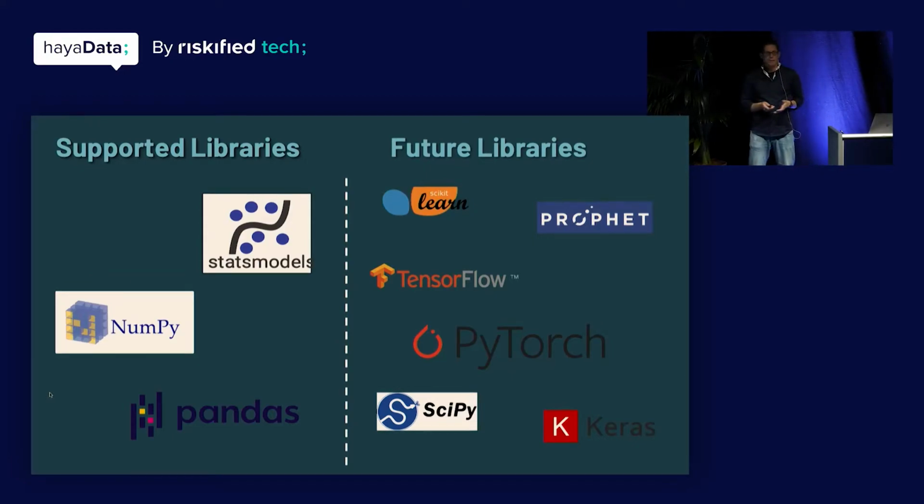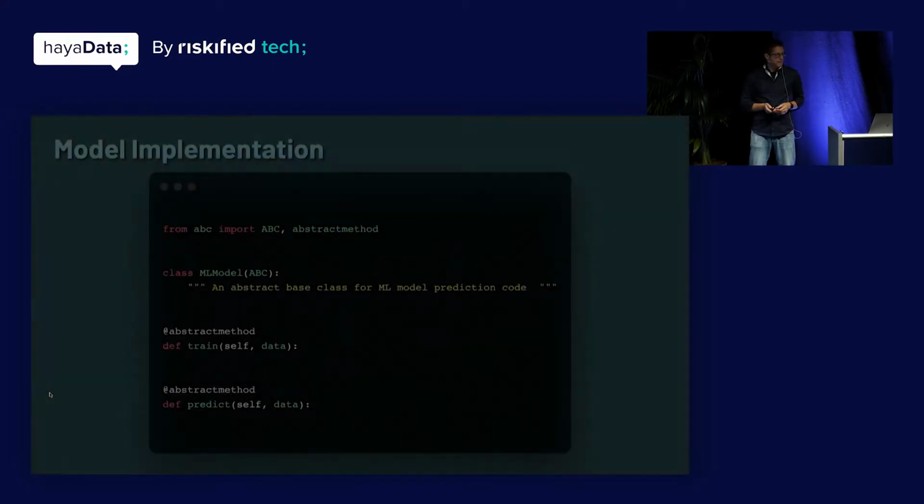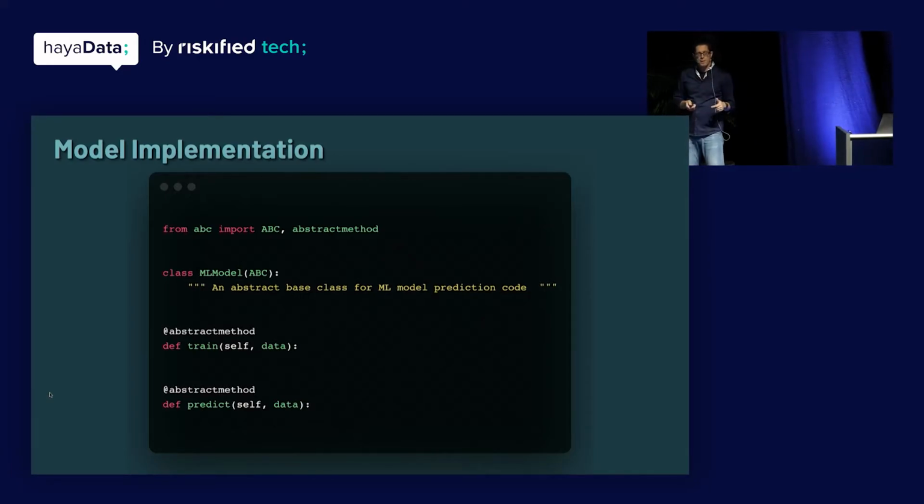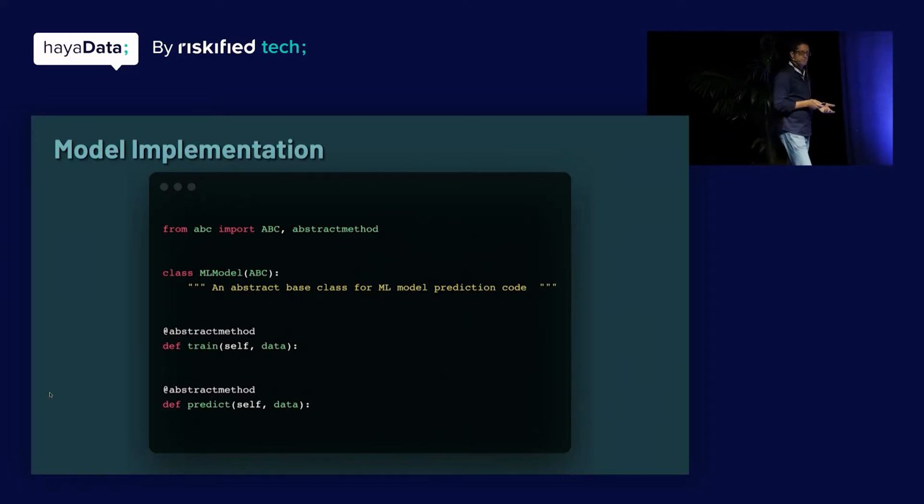And we wanted to design our system to be able to support future libraries. So we basically implemented an abstract class where all you have to do to introduce new models is just implement the train and predict methods, and then you can include new models into your system. This is great because from the time we started with just predicting anomalies on audiences, we were asked to add more and more data sets. So we added more data sets about page views and all kinds of AWS instance metrics and so forth. And sometimes you need a different model for them.